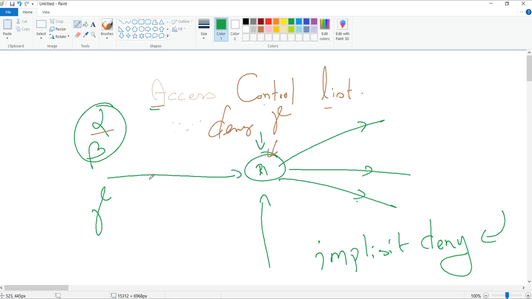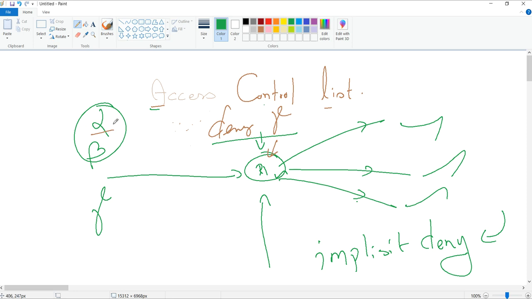Your aim is to deny gamma accessing this router or accessing the networks inside. That's what you want to do, but the problem is when you say deny or permit gamma,